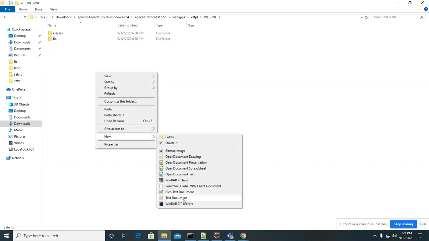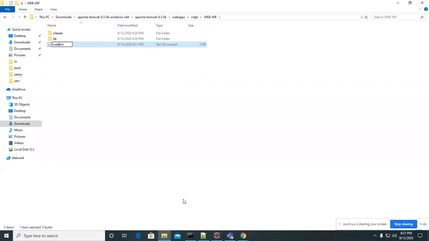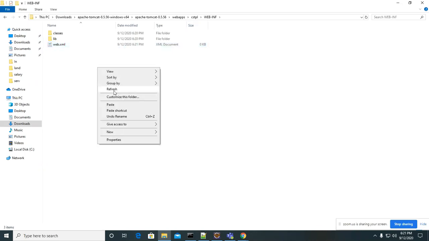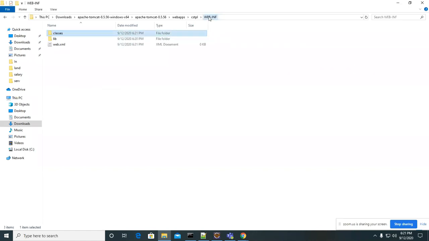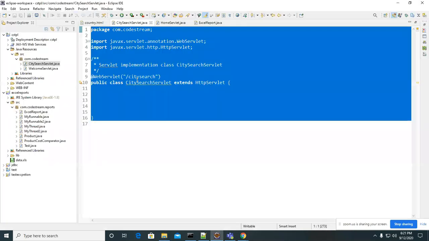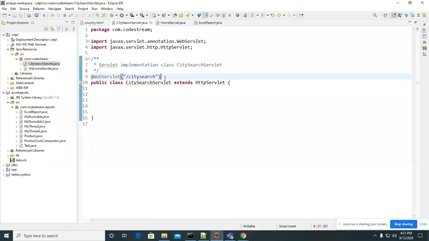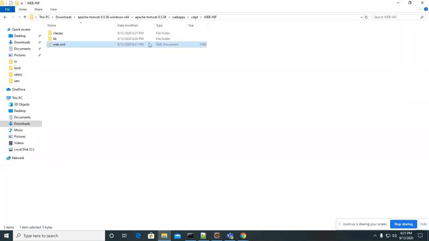web.xml. We have the annotation concept also, but if you want to use it, this web.xml configuration you can also use, either way. So I'm going to paste it. This is the class. I pasted it here. Now, because I don't need to configure that servlet .xml, the reason is we already added the annotation, right? So whenever we are adding the annotation, it's not required to add that.